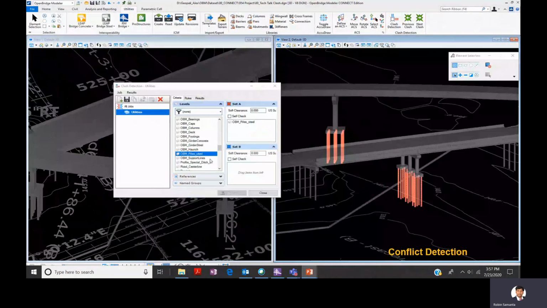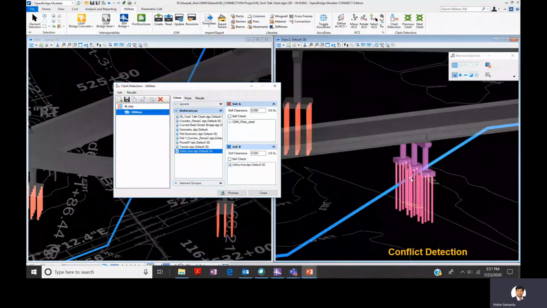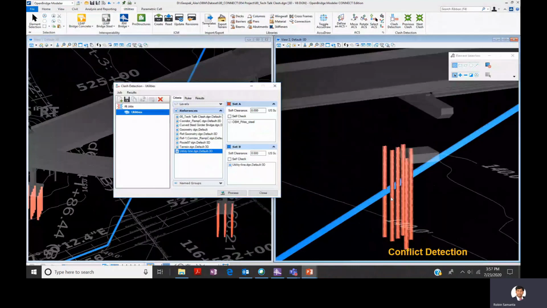So that's how easy it is to identify whether it has a clash or not, or if there is a horizontal clearance requirement for utility lines or a metro corridor, you can easily identify those things, right? And that can be done automatically by the software.